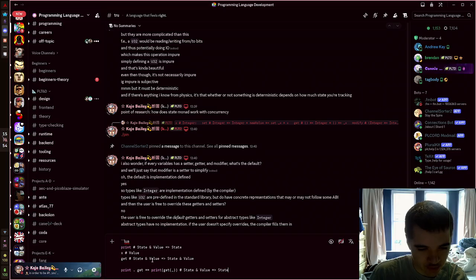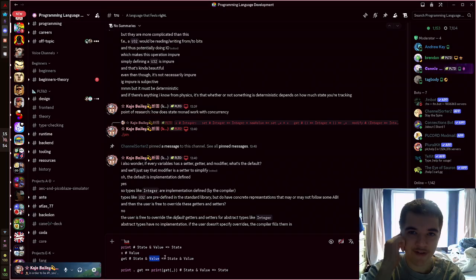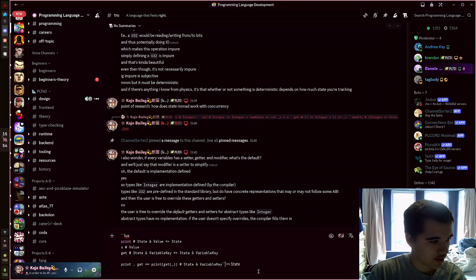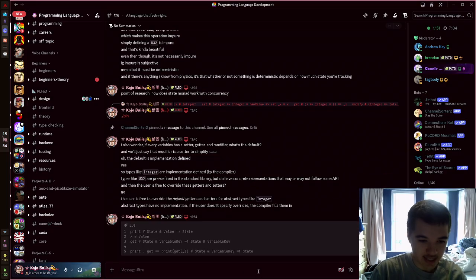Sorry, get would not be a value, it'd be a variable, like a variable key. Why is it not working? Holy moly. So then it'd be a state and variable key to state. So there's an example. I know it's not zoomed in at all, so it's probably hard to see. But the idea is,